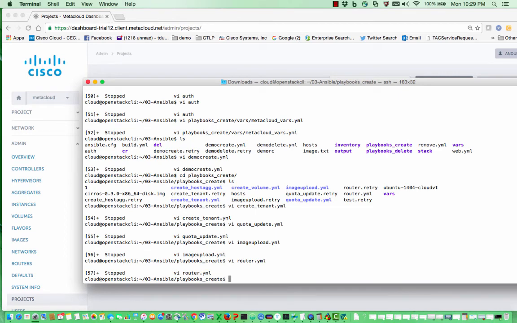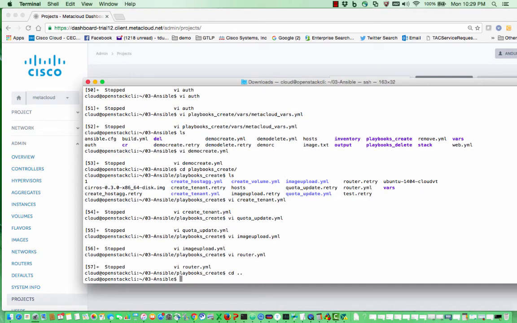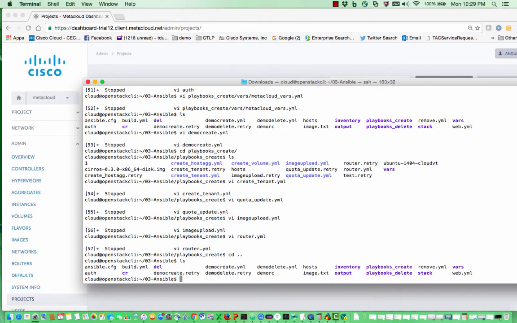And I'll go ahead and invoke the main playbook, which in this case was demo create. Let me go back. Yeah, demo create. So ansible-playbook. I don't have to tell it the host file because Ansible config already knows to point to this host file that we see on the screen here in the same directory. So I just need to say demo create.yaml,